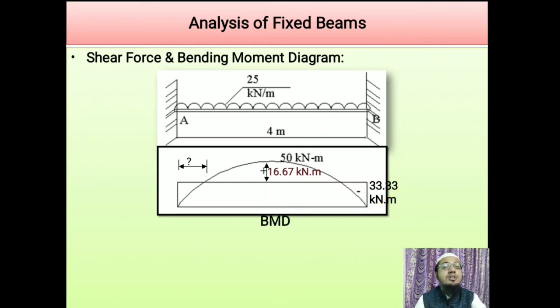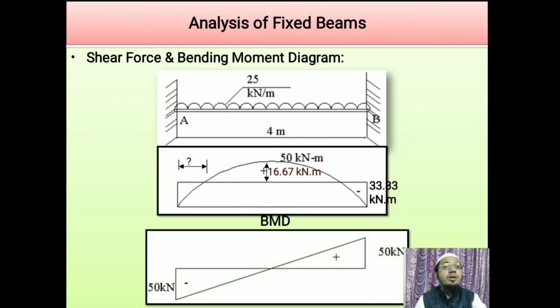Now what about the shear force diagram? We have obtained both shear forces as equal due to the symmetry of loading. Now due to the moment or end couples, one support will take positive shear force and one support will take negative shear force. Hence the diagram will be like this. Half the portion will be a positive triangular and the second half will be a negative triangular shear force diagram. So likewise we can draw the shear force diagram for a fixed beam subjected to UDL over the entire span.